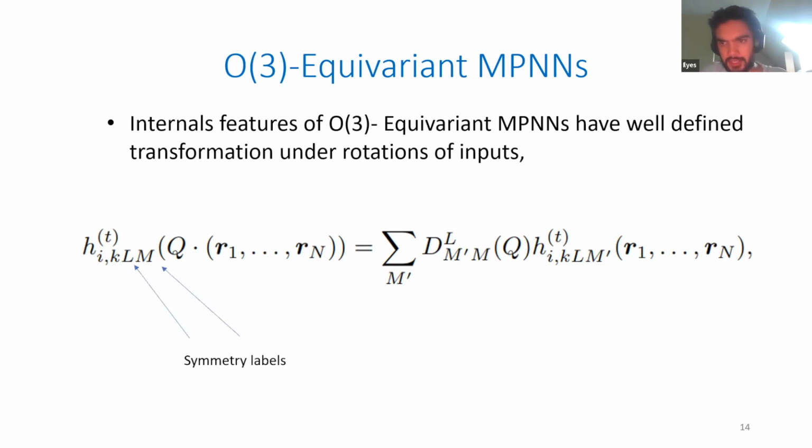This leads to symmetry labels. I think you already had a lot of talk on equivariant networks in the O3 group, so you probably all know what the LM labels are, but they just index the representation of the group. And thus you know the corresponding Wigner matrices. And this is just what it means, that you keep track of how your internal features transform according to the rotations. And what are the current limitations of machine learning potentials, and in particular MPNNs today?